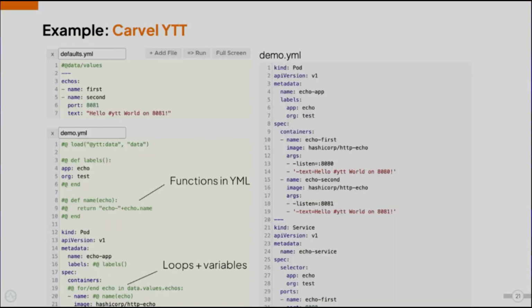Right? One of the problems that we try to solve with Helm and Kustomize is that we want static output, but we have different inputs. We have variables. We need to run things through functions to sort of filter out data, to transform data structures and all that. So you can actually do that inside YAML with something like ytt. Right? There's a function there. There's a loop and a variable. And there's a data value file. If you know Terraform, that'll look very familiar to you. So you can just run that, and you get the static Kubernetes output, and that's all you need.